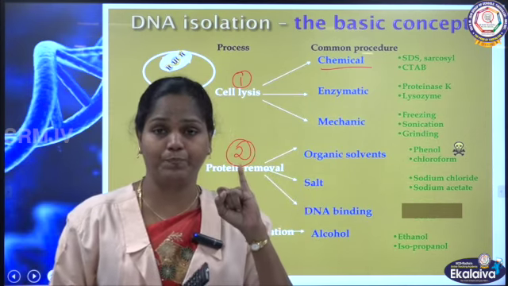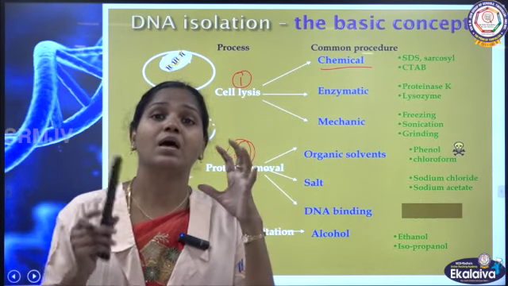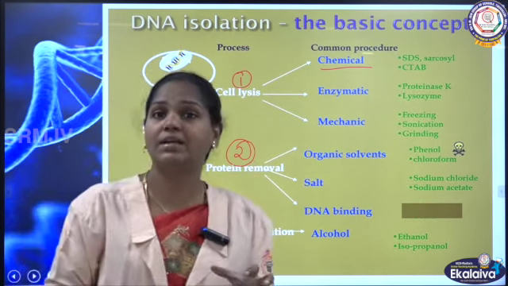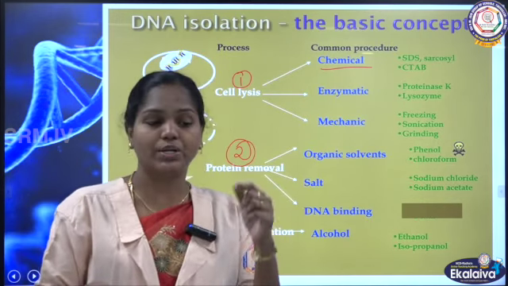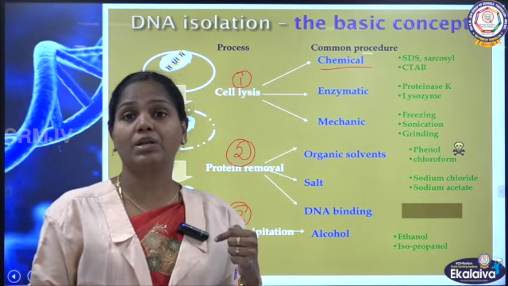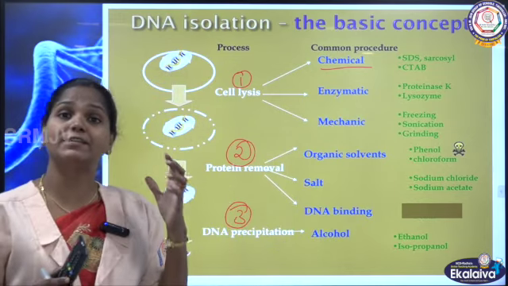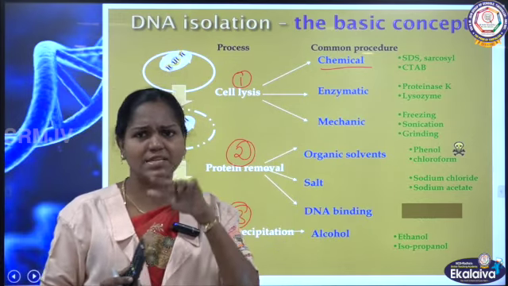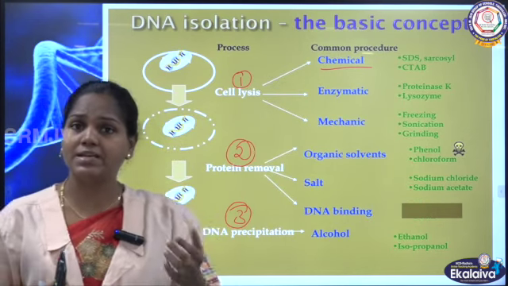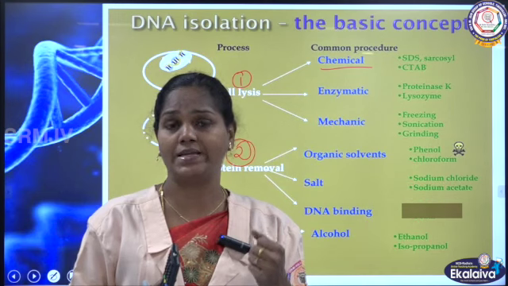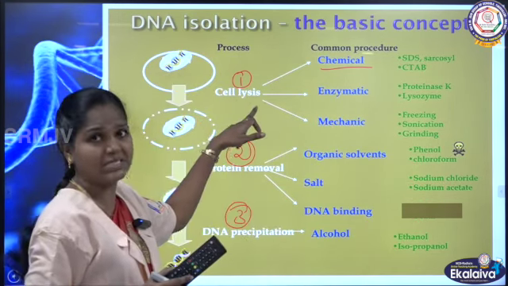So the first step is to lyse the cell, because the DNA is very well packed inside our nucleus, so it has to come out of that nucleus. Then you know, if it is a plant cell, the cell has a cell wall. An animal cell has a cell membrane, a bilipid layer membrane. Fungi have a cell wall, which is made up of chitin. So to break all this we are doing this first step.